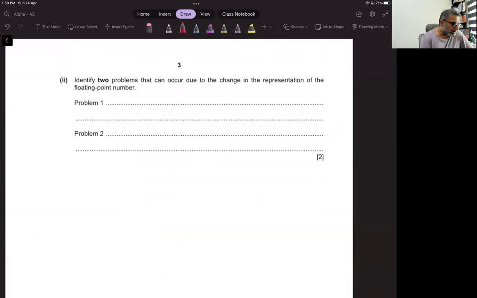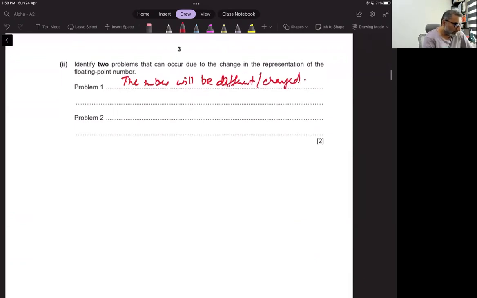All right. Now, identify two problems that can occur due to the change in the representation of floating point numbers. If you change the representation, obviously the number will be different, or changed. And if you change it